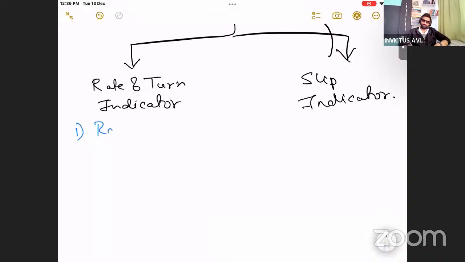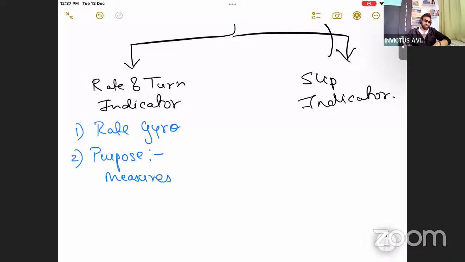It is a rate gyro. It means it measures the rate of change of angular displacement, right? Displacement gyro, rate gyro, we saw that. It measures the rate of change of angular displacement. Rate and turn indicator is a rate gyro. Write down the purpose. It measures a very important point, okay? It measures